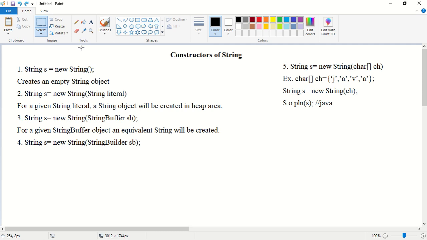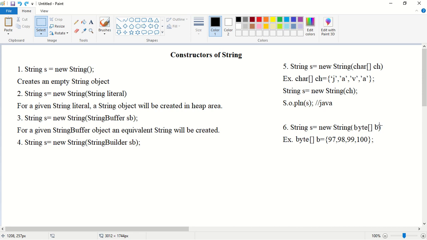So the next constructor is String s is equal to new String of byte array b. So given any byte array, if I want an equivalent string, then I can make use of this constructor. So for example, what is the range for bytes? The range for byte is minus 128 to plus 127.